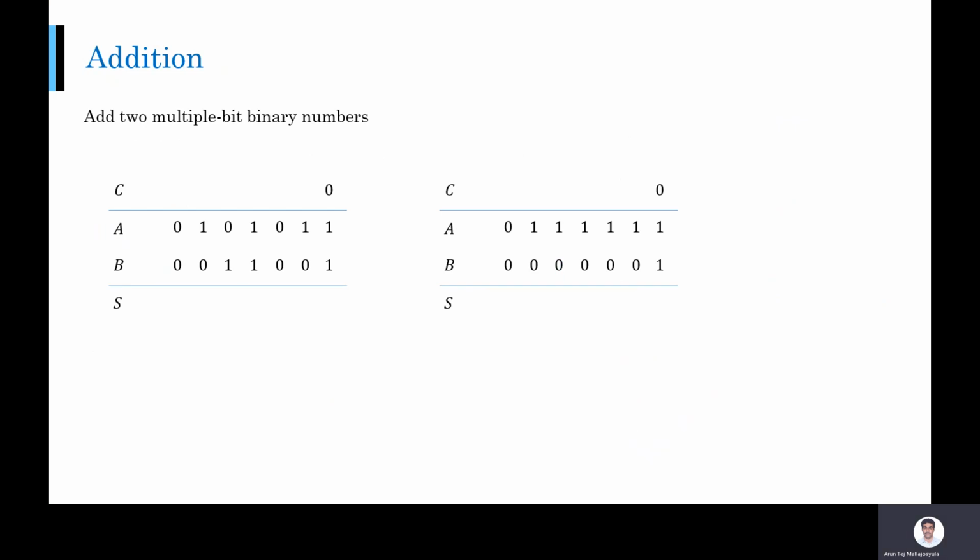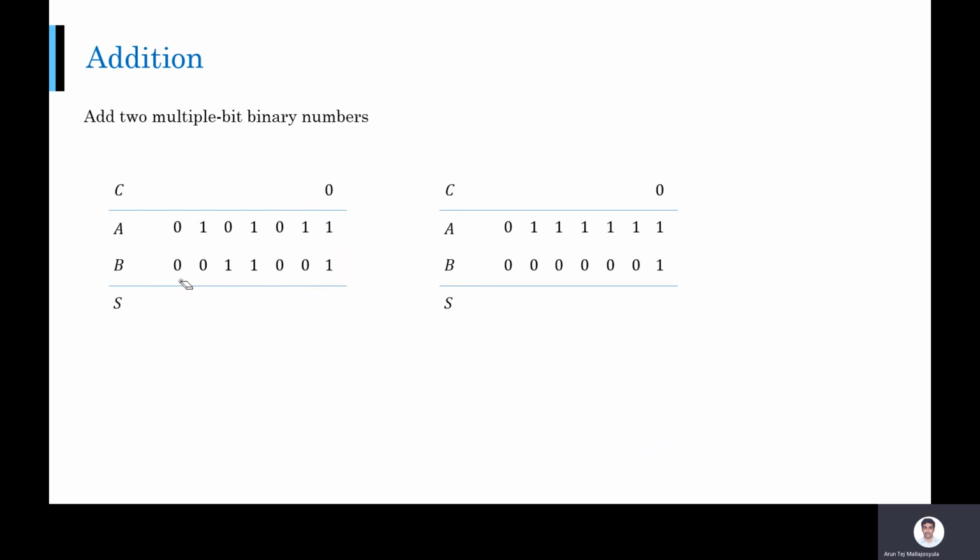Okay, so now when you're adding numbers with multiple bits, right, how do you do the addition? Bit by bit, right? So you need to consider both the numbers. When you're adding bit by bit, you will be generating carry that is going to go to the next level, right? So addition for each bit, you can think of this as level. So you are starting from level 1, you are adding and you are going to level. How many bits are there? 1, 2, 3, 4, 5, 6, 7. You are going to level 7.